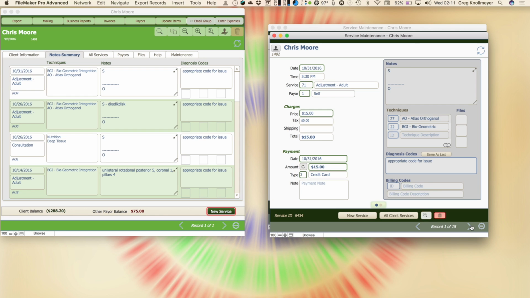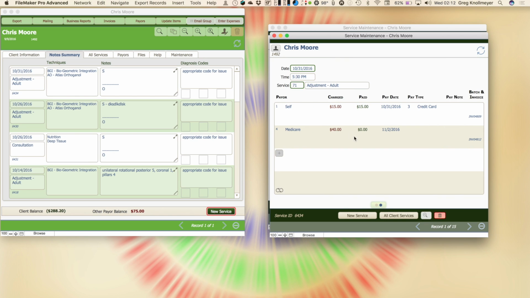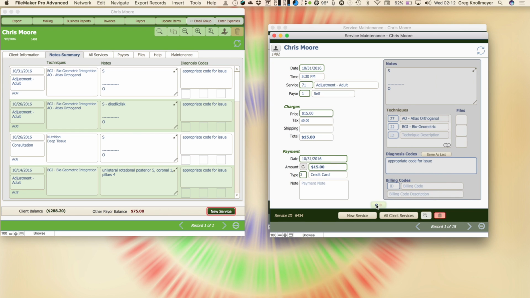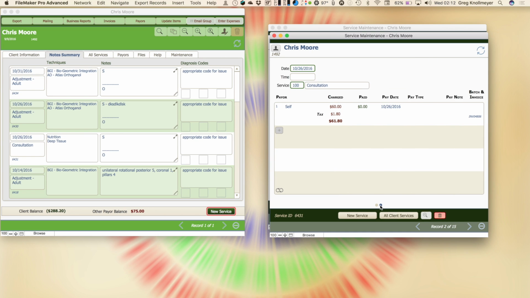So again, I could click through, and remember that Control up and down take you back and forward both on Mac and PC. You see this highlight, and that indicates that there's something on that second screen. So on that second screen, we have the bill to Medicare as well. When it's only one person being billed, like this next record, that's not highlighted,